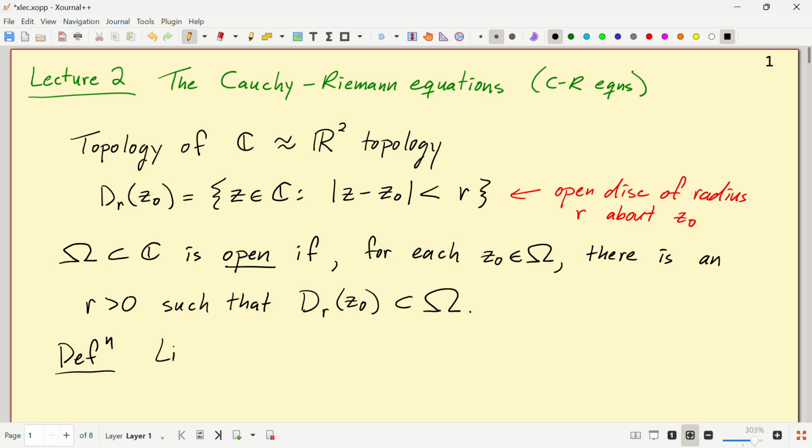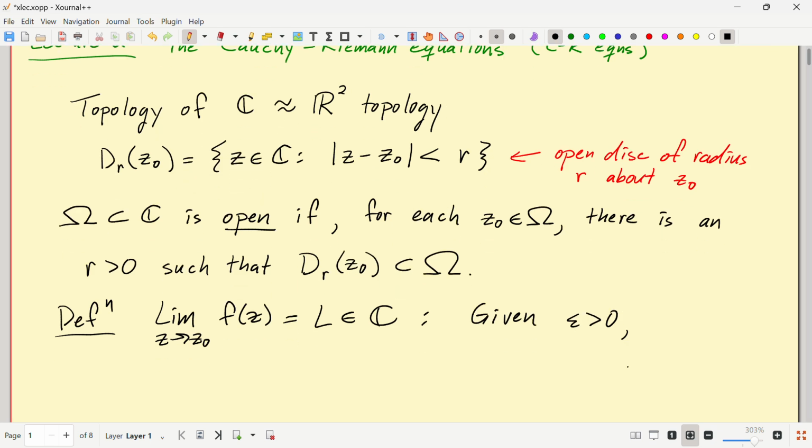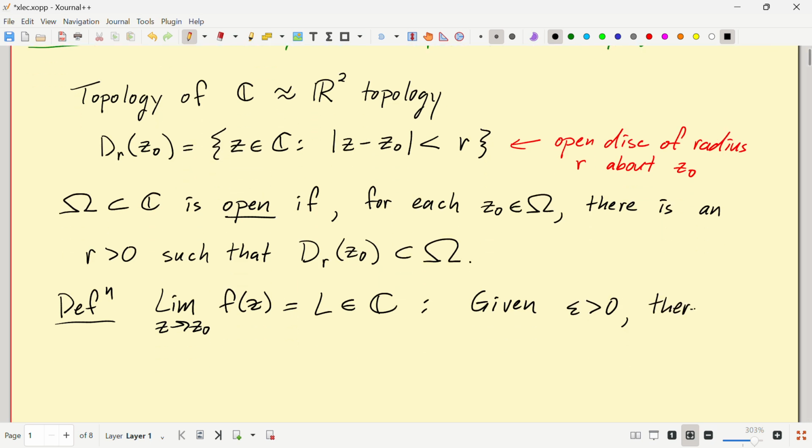We'll say that the limit as z tends to z naught of f of z is equal to L, a complex number, means that given epsilon bigger than 0, there is a delta bigger than 0 such that the distance from f of z to L, that's the modulus, is less than epsilon when,